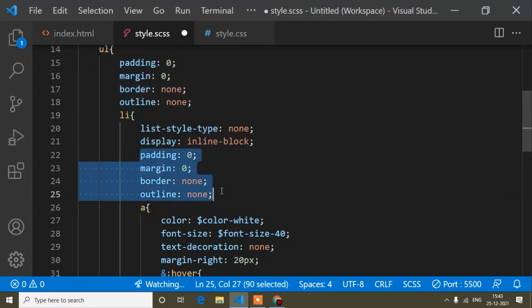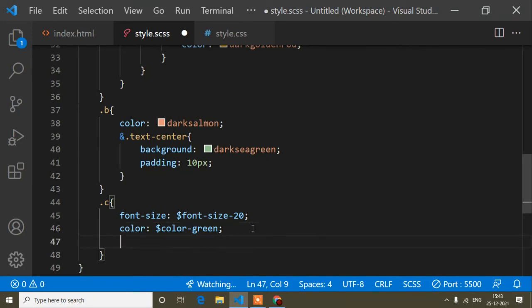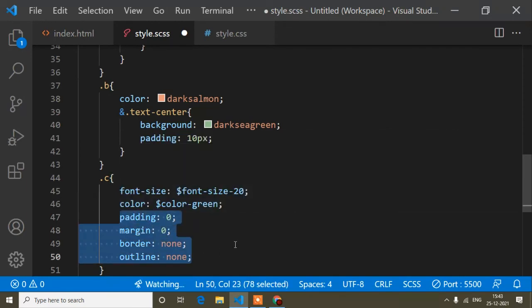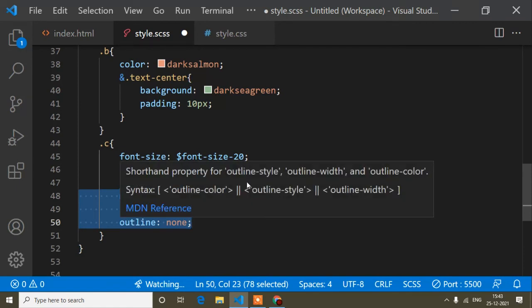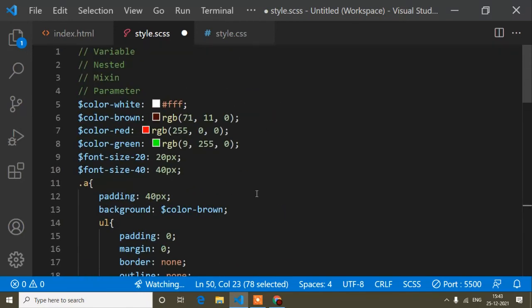I have used them in some other places, suppose the li tag, and also for this c tag also. So in three places, just notice, I have used the same 4 CSS properties. So why should I write like this? I noticed these 4 CSS properties I'm using most of the time on this site. So without writing like this we can create a mixin, so that time it comes mixin.